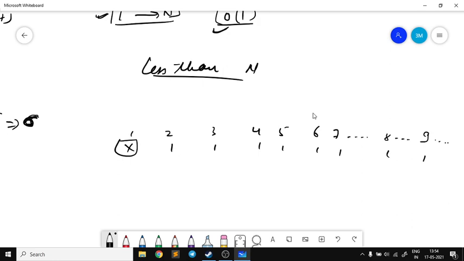So now we eliminate one by one all those numbers which are not prime. How do we do that? We know as a prerequisite that if there is a divisor or factor of a number, then it will not be a prime number. For instance, 4 will not be a prime number. How do we know that? Because it has 2 as a factor. Similarly, 6 has 2 and 3 as factors.